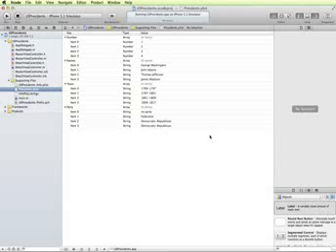in an application. And again, we'll be able to access this information through the key